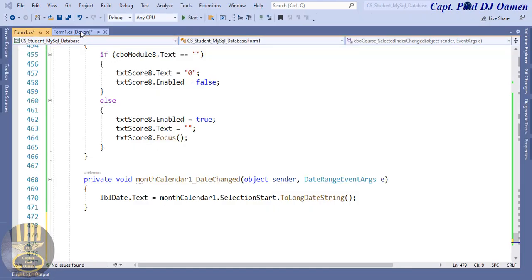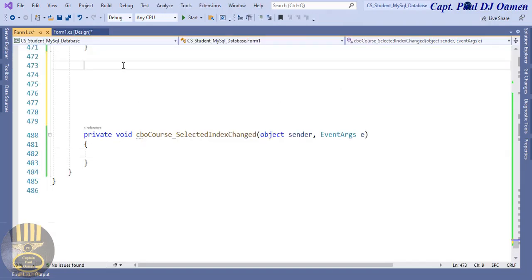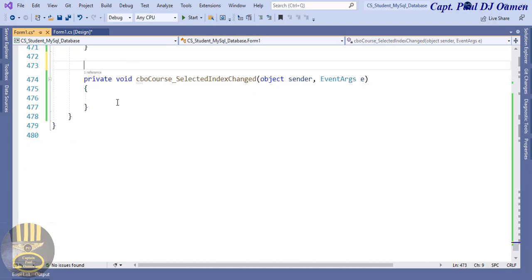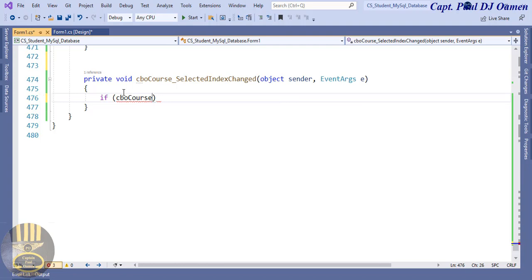Okay guys, let's take care of the ComboBox there. When we select any data on that ComboBox, I will actually want it to populate the rest. However, let's start with if cboCourse.Text equals select a course, then in that case I want it to be,